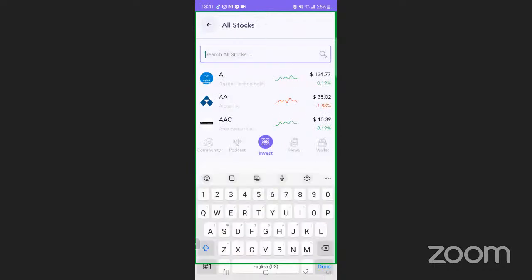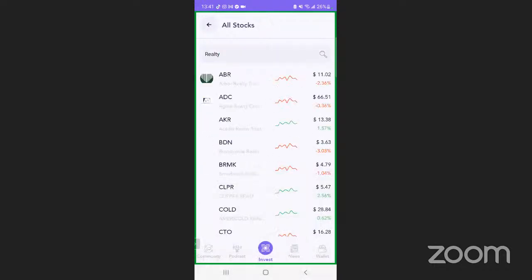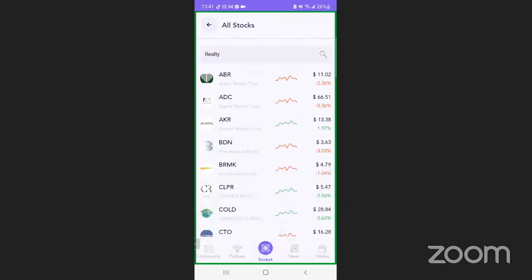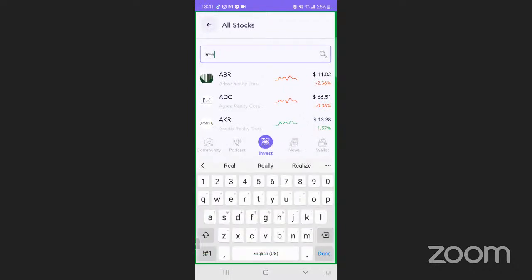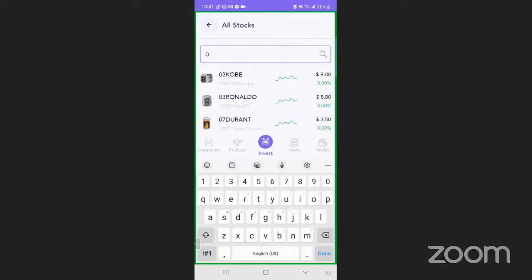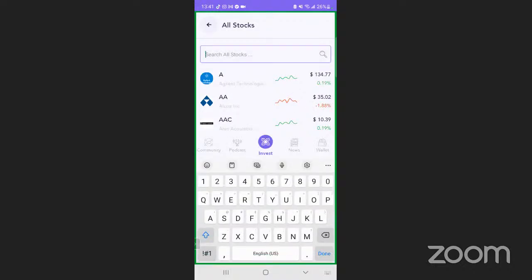And then you can search, let's say, Realty Income. And then you can see Realty. Let me see if I can get Realty. Okay, let me use the ticker symbol. Okay, Sasa, no problem. Anyway, just as I was saying, you can search for the REITs